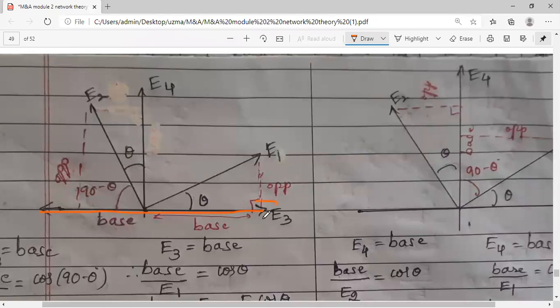You can see E1 and E2 were already there. Okay, E1 and E2, these two components were already present in the first figure. Further, what will happen? Your field is resolved into two components, E3 and E4. Okay, I have just tilted the structure so that it is easy for you to understand. Now, our main aim is to express E3 and E4 in terms of E1 and E2. That is our motive.